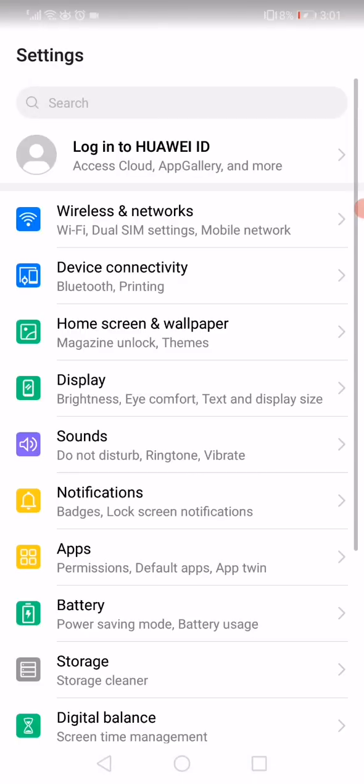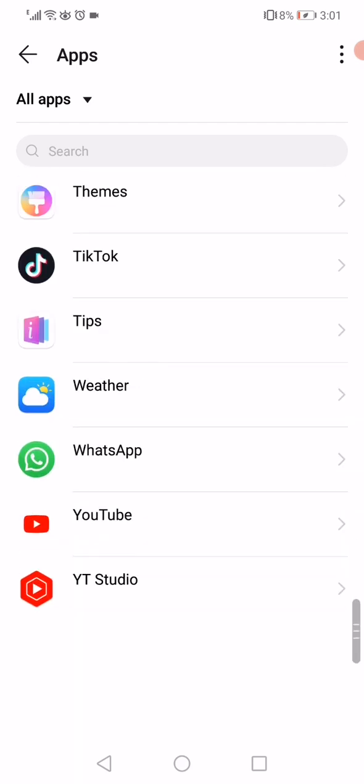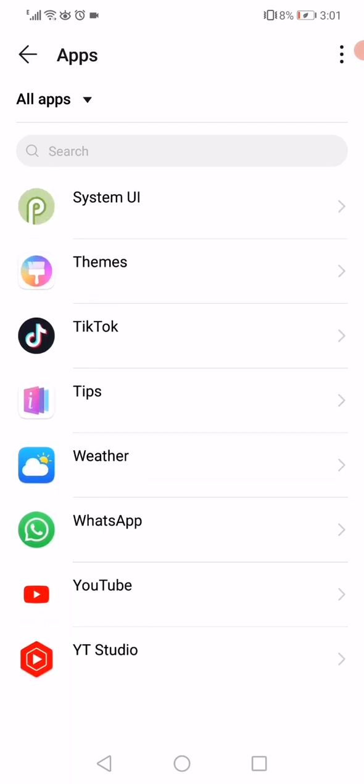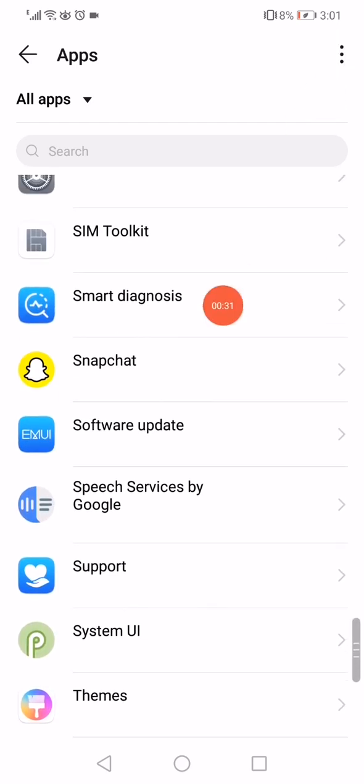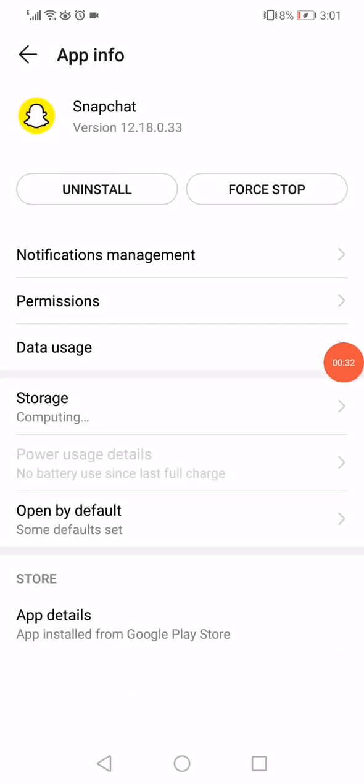First thing, go to the settings on your phone and then go to the apps manager. When you open the apps, now right here you will find all the apps that you have on your phone. Scroll until you find Snapchat like this, click on Snapchat and then click on force stop right here and then